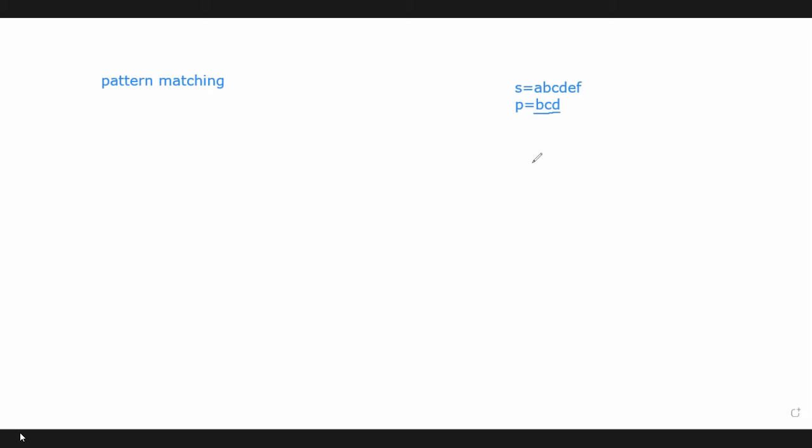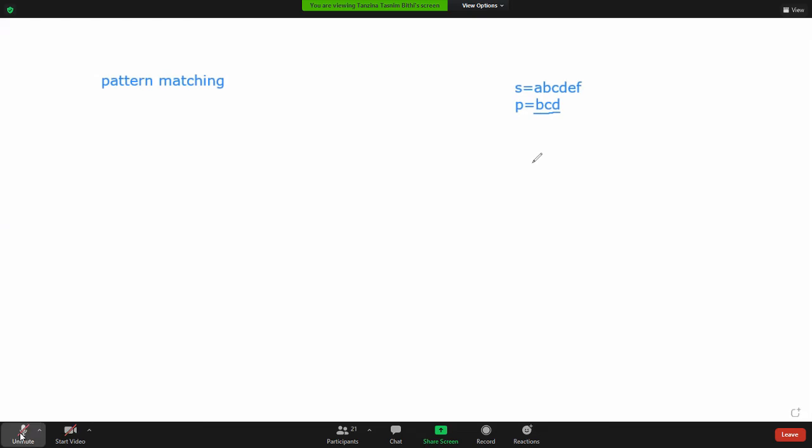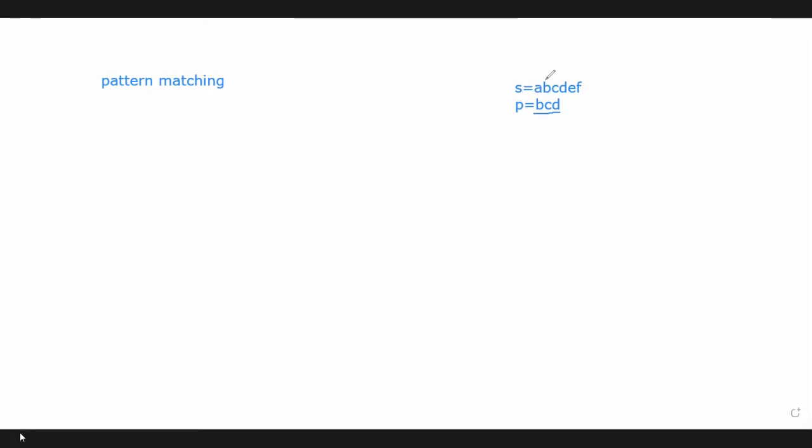So what type of result can we get from this? 0 or 1, boolean. So I said that pattern matching is you just have to check whether the given pattern is a part of the string or not, right? And another thing is you have to check in which position you can find the first character of the pattern.